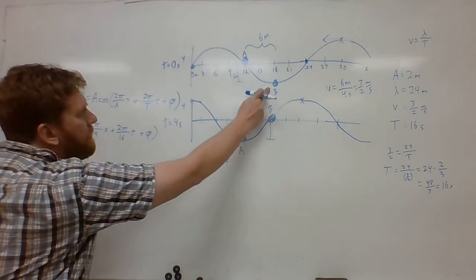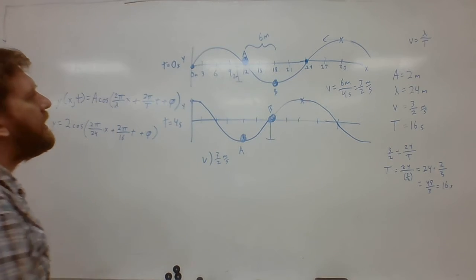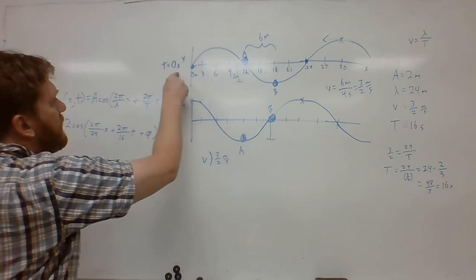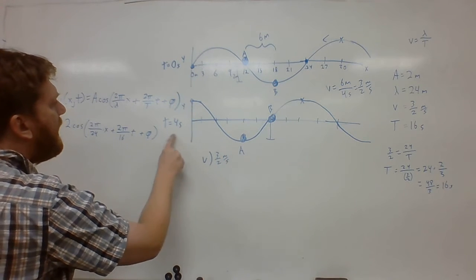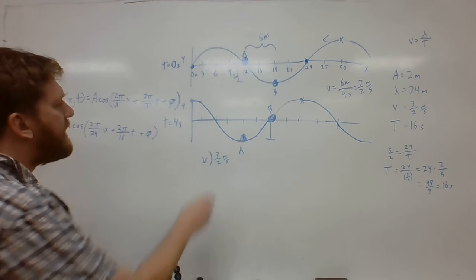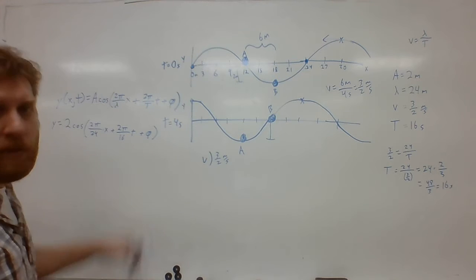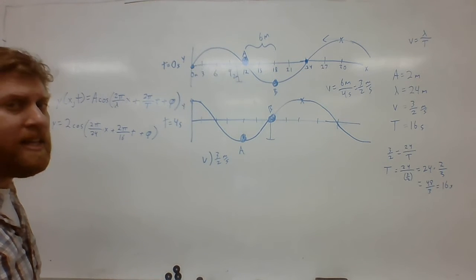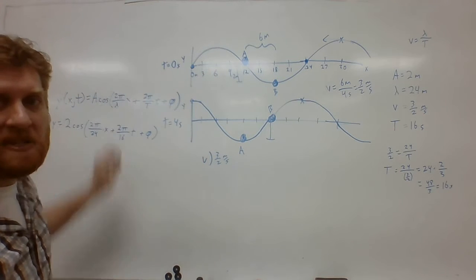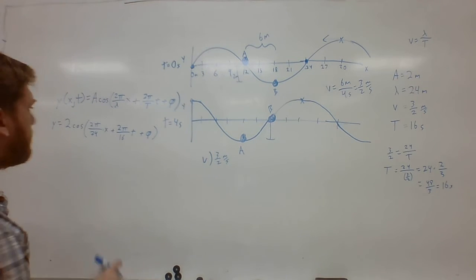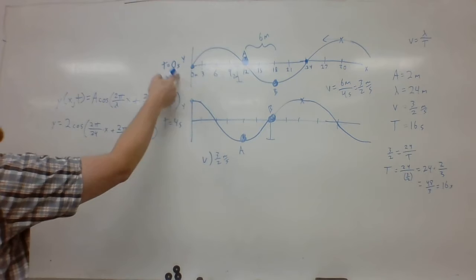So let's choose the position of the buoy right there, B, at time 0. I can just as well choose the position of buoy A at time t equals 4 seconds, because that'll be a minimum. Either way, I'm going to get the same phase constant. Let's choose the simplest one we can, and this will be simple because we have time equal to 0, which will get rid of one of our terms. So at this situation,